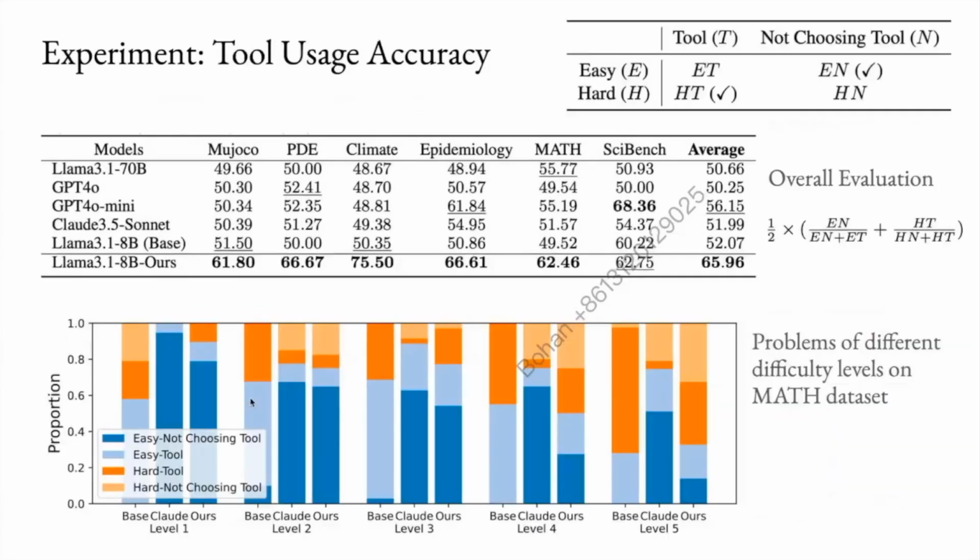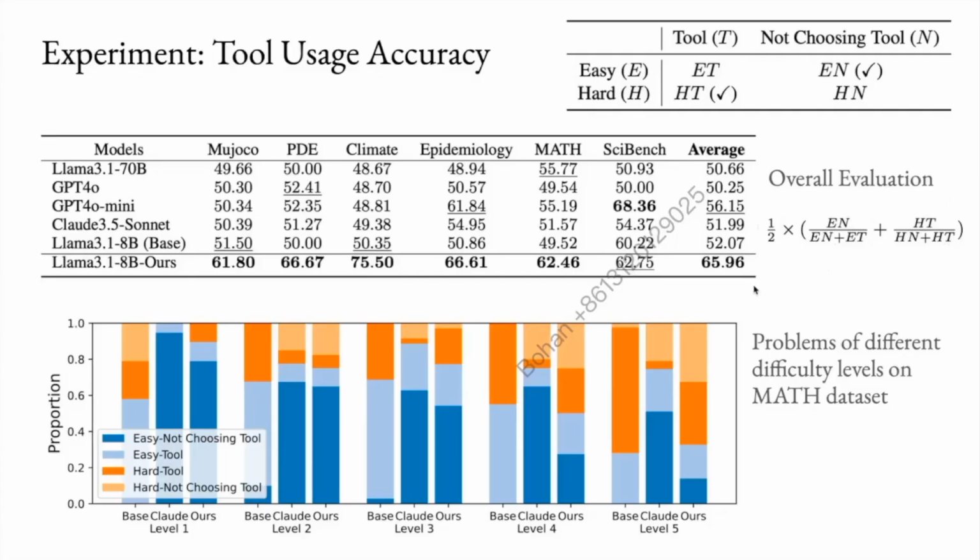Then we report the tool usage accuracy to show the effectiveness of the tool usage adaptation part of our method. We present the tool usage adaptation in this table. Overall, our trained model achieves the best tool usage accuracy across all datasets, except for SciBench where it ranks second, demonstrating the ability to make intelligent decisions on tool usage. In contrast, other models exhibit accuracy around 50%, which means that they are either overconfident or over-reliant on tools: these two terms, one being 0 and one being 100, and half of their sum is 50.